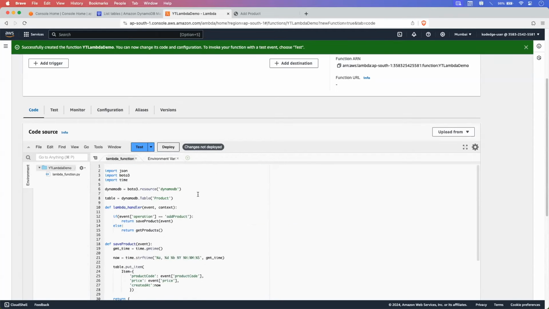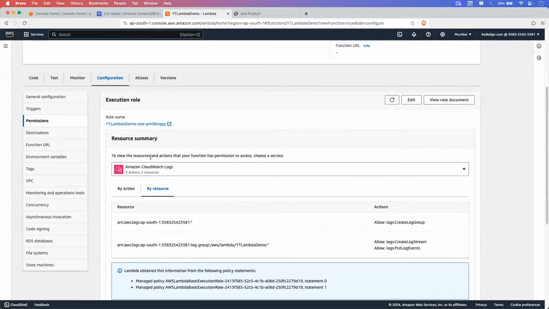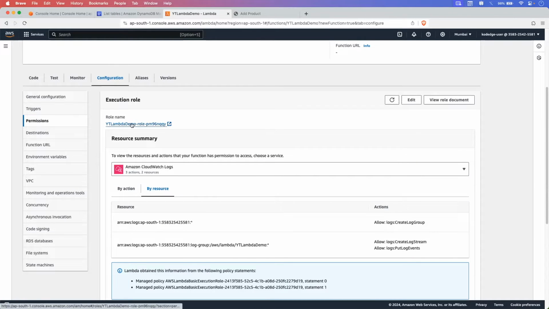Okay, and let's click on the deploy. Now this code is not going to work because this Lambda function doesn't have permission to insert or get data from the DynamoDB table, for which we will require to create the execution role for this Lambda function, right? So let's click on this configuration. And here we will require to add the execution role. So currently it has only one role, that is for the Amazon CloudWatch logs. Okay, so let's click on this role name here